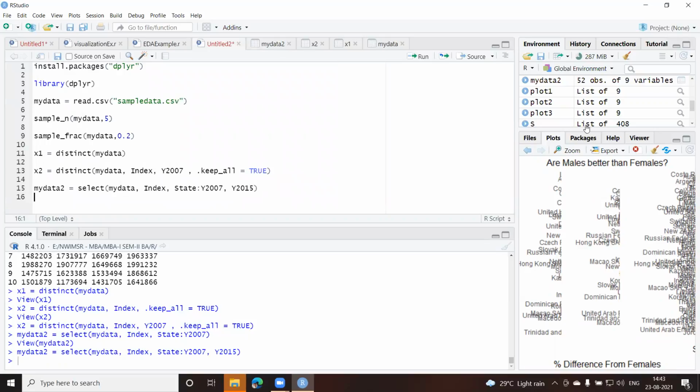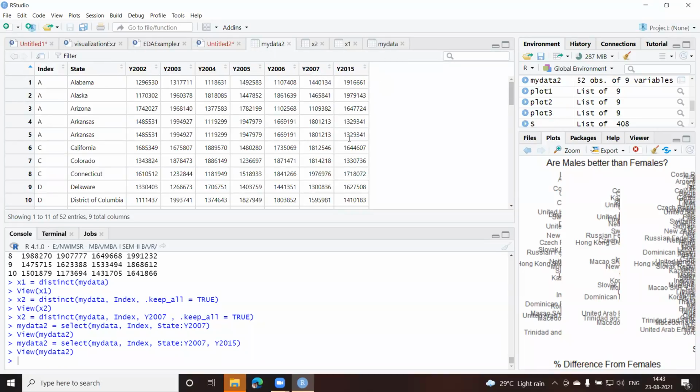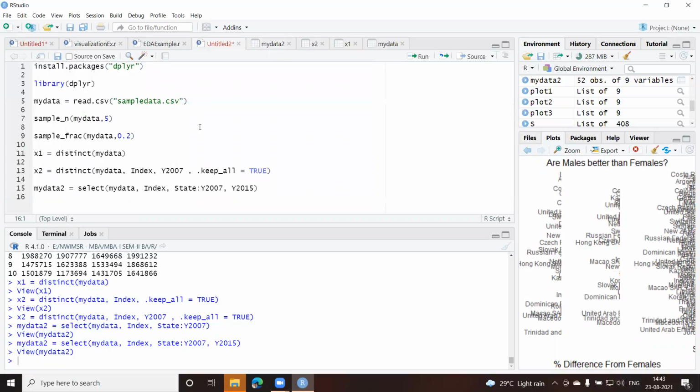And when we go here, you can see after 7, I've got the column 15 here. So it's up to you how you want to extract it. But remember, if the columns are in the same sequence, you can make use of the colon instead of typing all the column names. You can give the first column, a colon, and the last column which you want to extract. That is a very easy way of doing it.